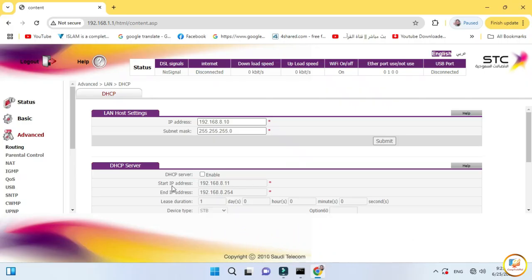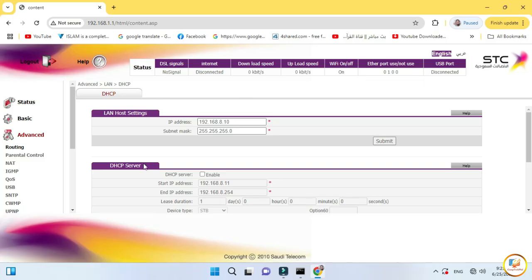As we can see, the start IP address begins with 192.168.8.11, and the ending IP address is 192.168.8.254. And our LAN IP address with subnet mask 255.255.255.0, this is the default subnet mask.